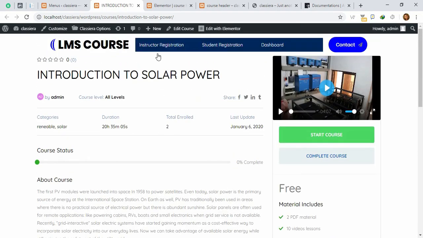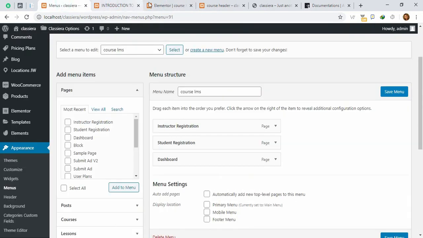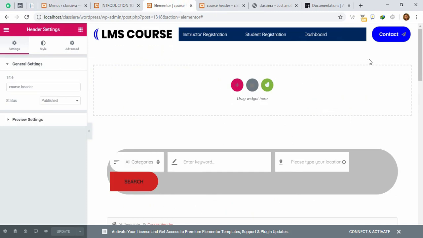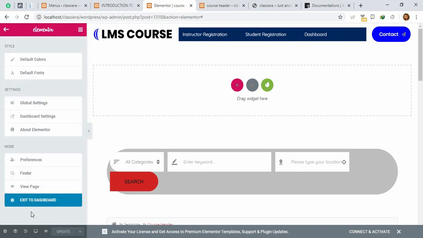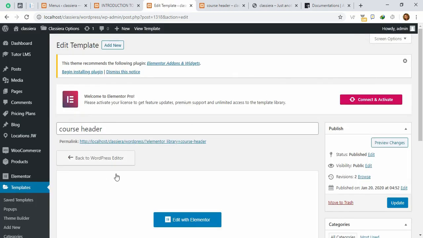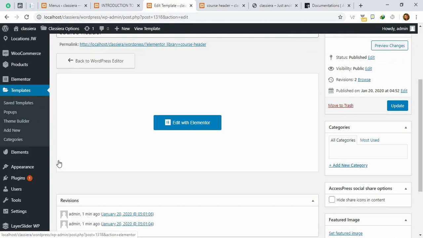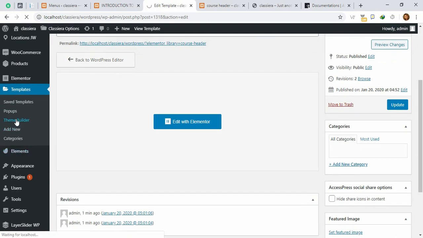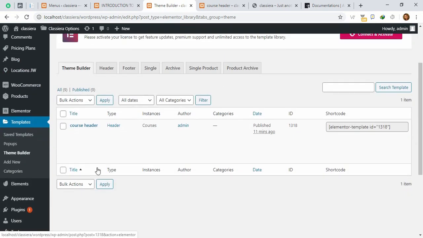So it's time to go fix the footer. So how do we do that? We need to exit this header. So to do that, we come to this portion, exit to dashboard, then we go back to theme builder, and now it's time for our footer. So I click on footer,